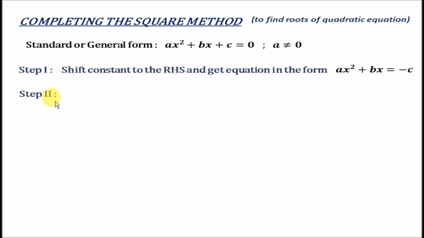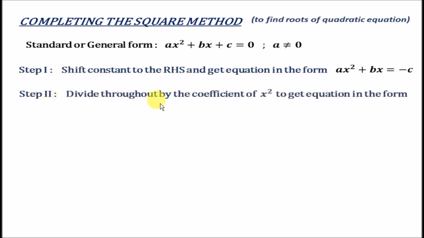Step 2, we need to divide the terms throughout by the coefficient of x squared, that is a, to get the equation in the form a by a x squared plus b by a x equals minus c by a. On cancelling a by a, the coefficient of x squared, we will get the equation in the form x squared plus,